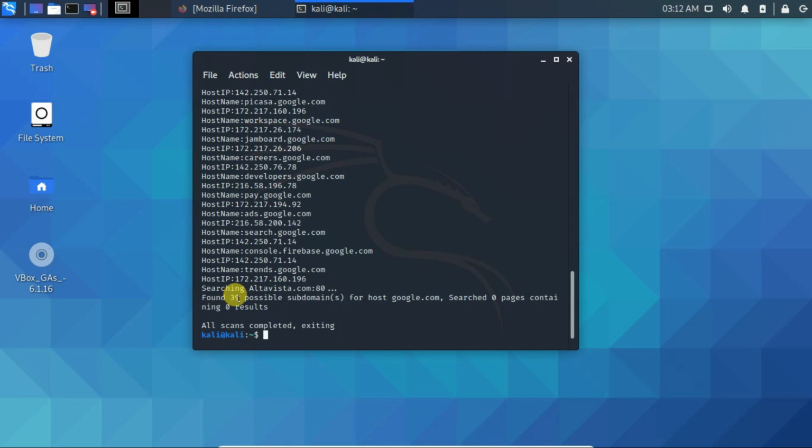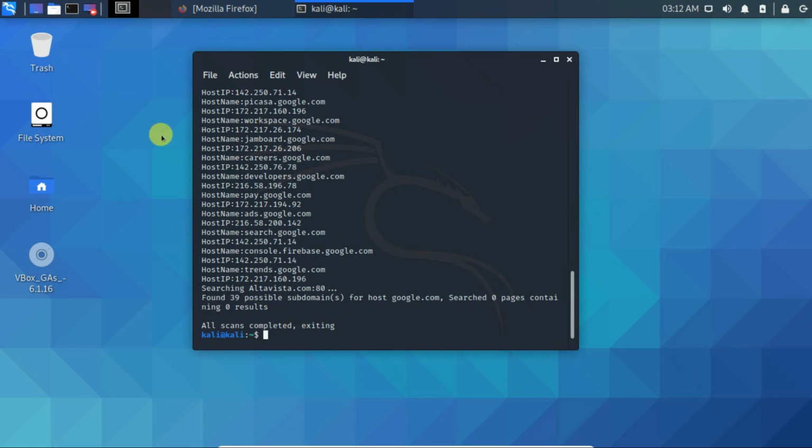Before I think we got 37 subdomains. That's why I stressed the word possible. We don't know what could be the actual subdomains, so we use the word possible.